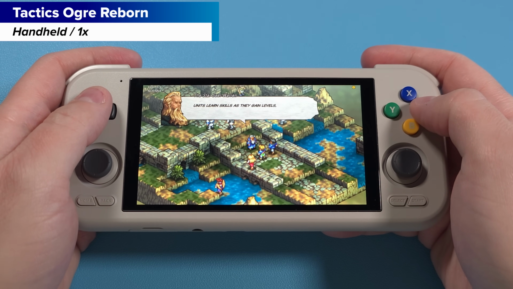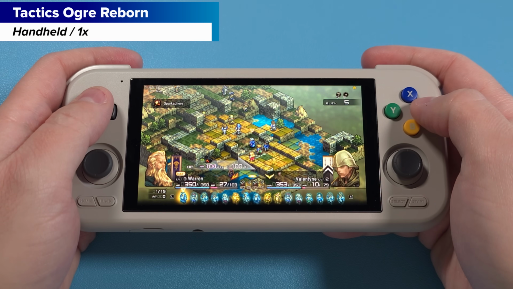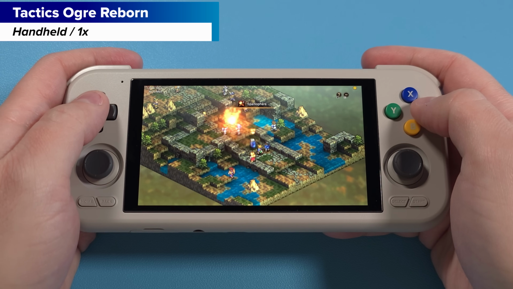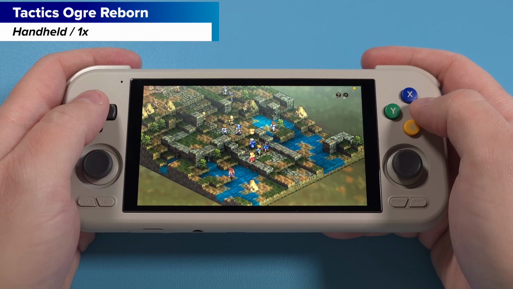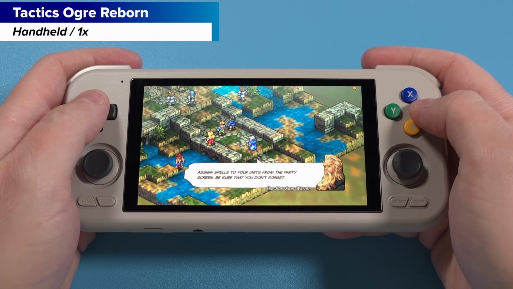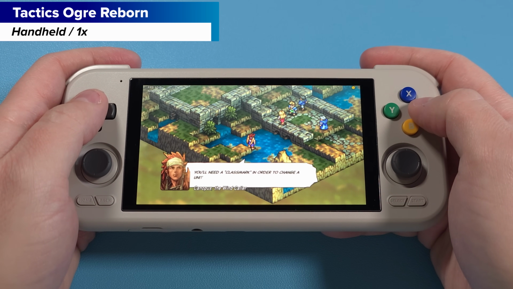Skills are units. That just autos. A conjurer, a son. You'll need a class mark in order to...